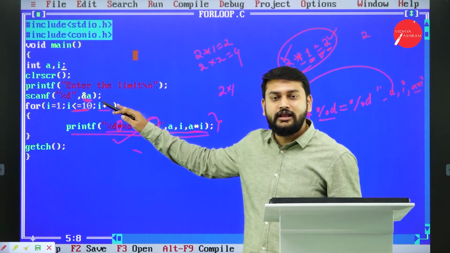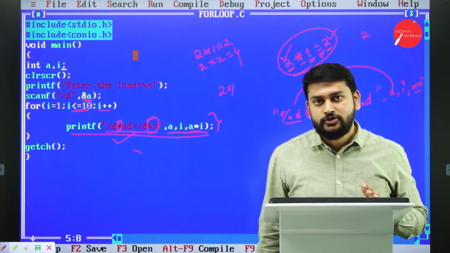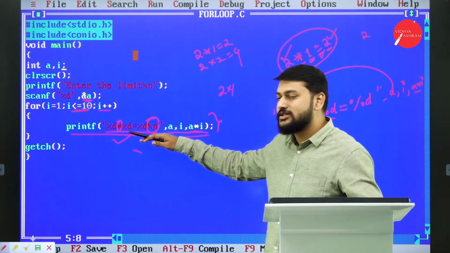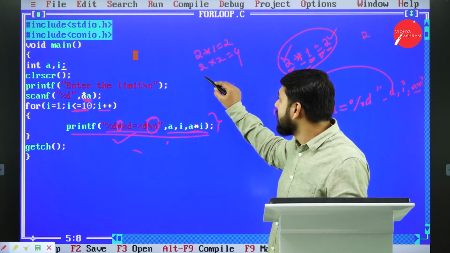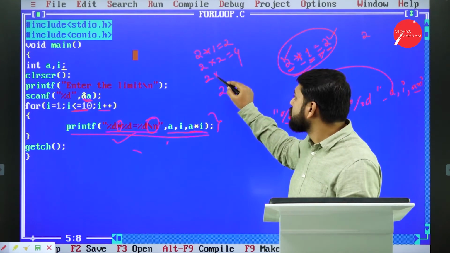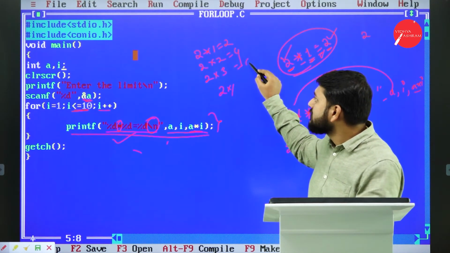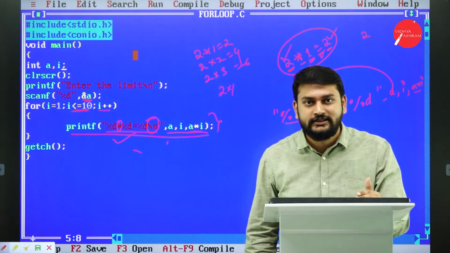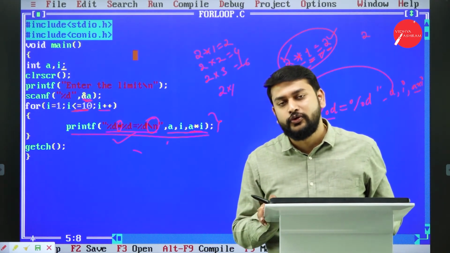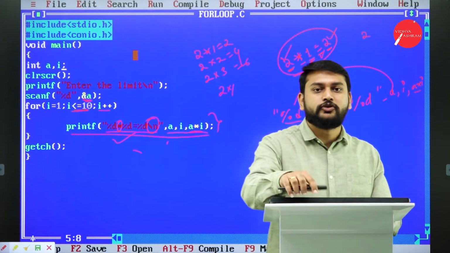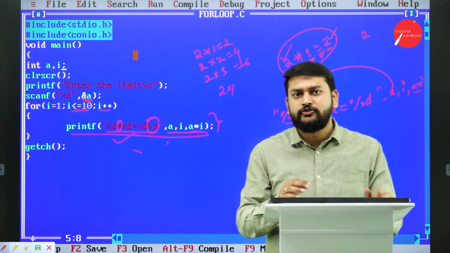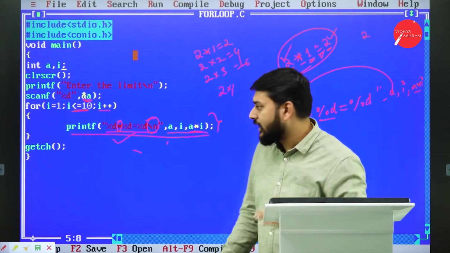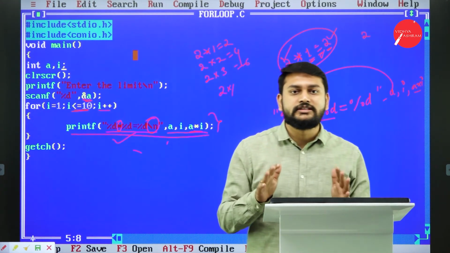I value is getting incremented. I value is right now 3. Again, it will check the condition. If the condition is true, it will come inside. So again, it will print. A value remains as it is. I value is 3. So 2 3s are 6. Like this, it will keep on printing until the condition fails. That's how the for loop is working for all of you. This is what you need to remember with respect to for loop: this statement will be executed again and again until this condition fails.